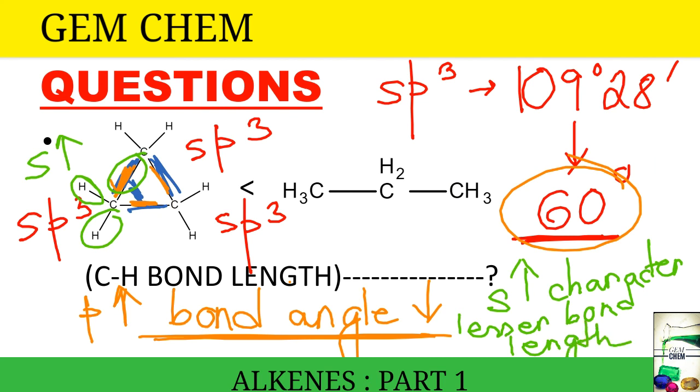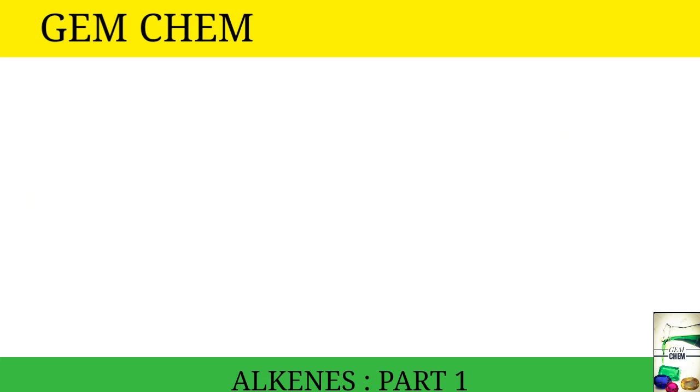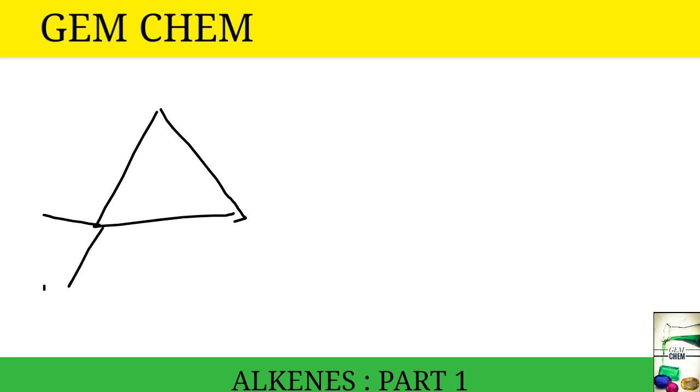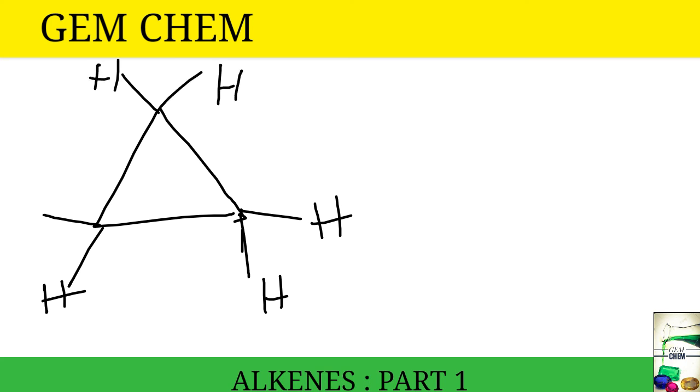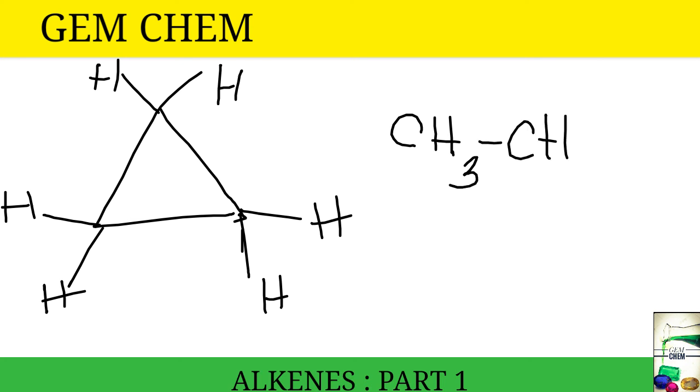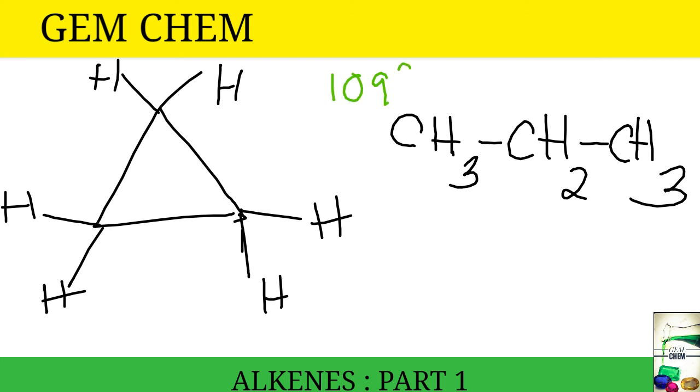So let us summarize it together. Now see, the question is basically cyclopropane taken with H, and it is told that the bond length of the carbon-hydrogen bond is much lesser than in the case of a normal propane. Now normal propane we don't require to explain, but we require to explain the fact for this. So what is the fact? Since the bond angle is decreased from 109 degree 28 minutes to 60 degree,